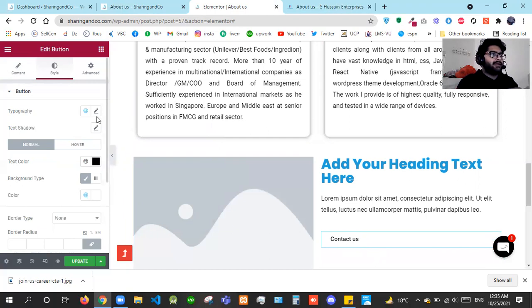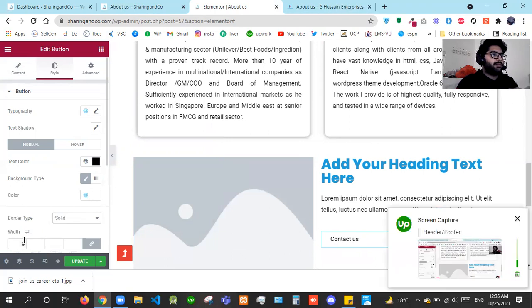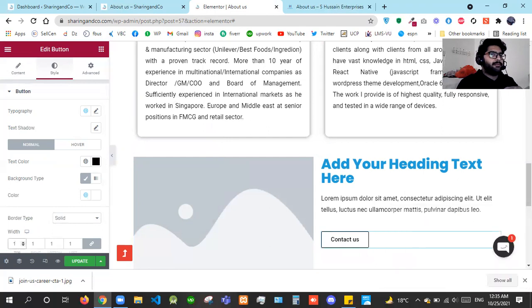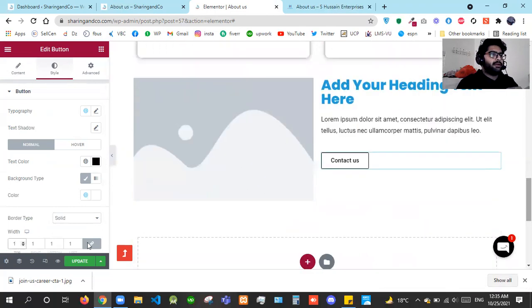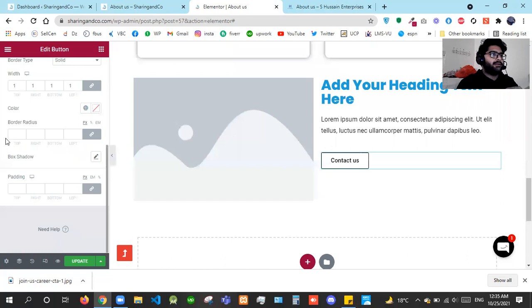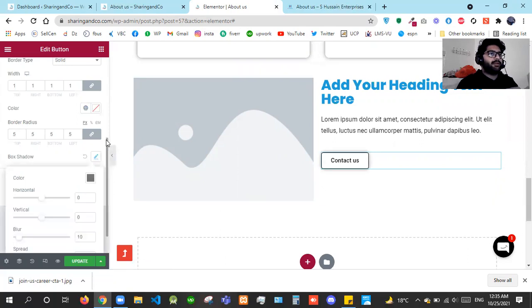I'll just fix this, and okay, I'll give this border the one width, and then okay, and I want this to be a bit, okay, 10 is good. I guess 5 is good. Okay, so now I don't want to give it any padding,